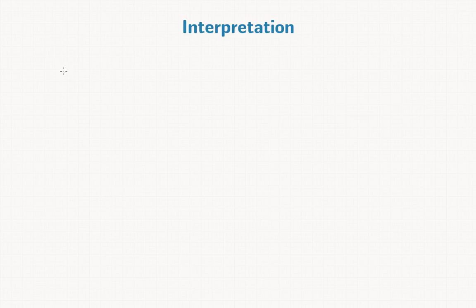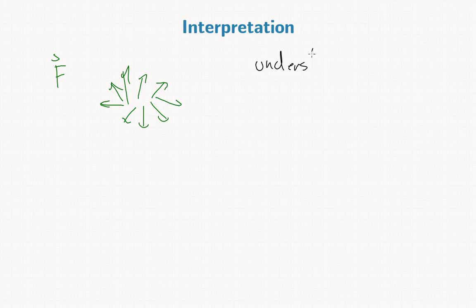So here I want to make some remarks justifying our interpretation of curl. So if we've got a vector field F, this is a terrible drawing of a vector field, but we can understand F. I guess we want to understand the curl of F rather. We can understand the curl of F